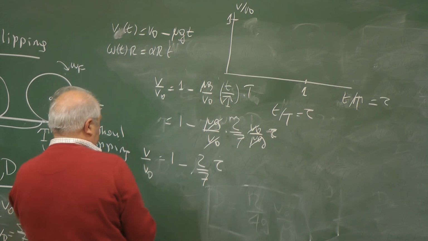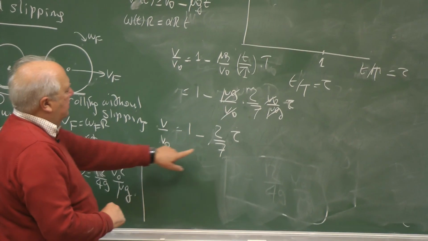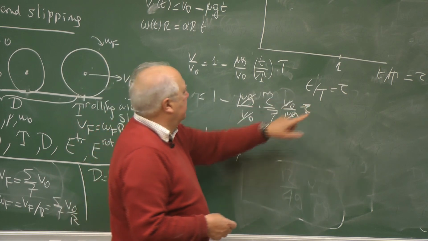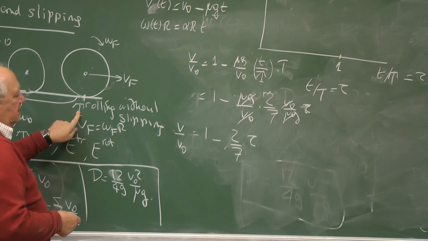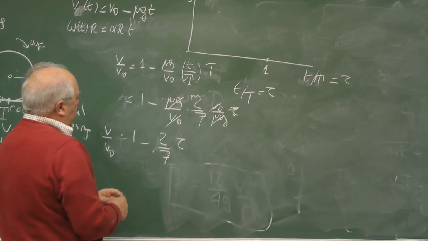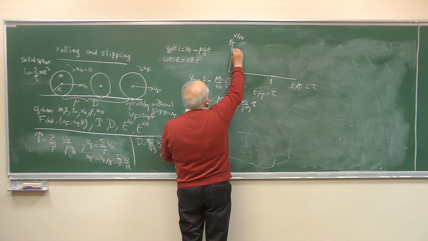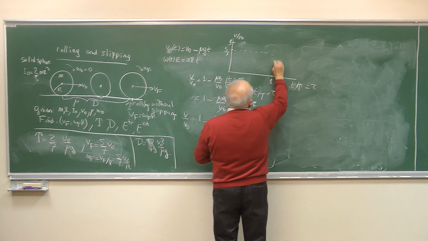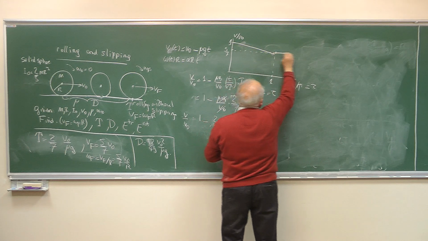Remember, this V is the translational speed. V over V0 at tau equals 0, it starts, tau is the scaled time. Okay? When tau is 1, you are here. Time is equal to t. Tau is the scaled time. So it becomes 5 over 7. So let's say this is 5 over 7. So V comes like this, and then, of course, omega,